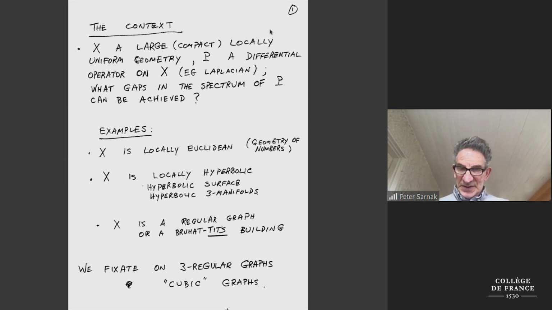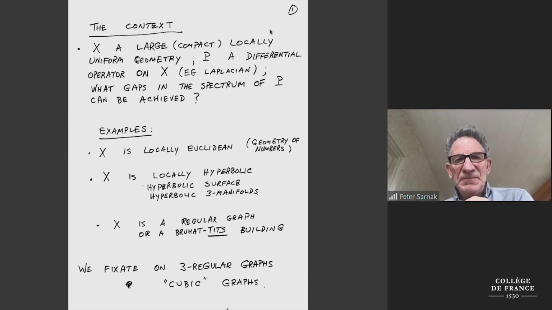So the main setting is that we have a locally uniform geometry. So locally the geometry is constant curvature, constant Riemann curvature if it were Riemannian geometry. So it fits into Cartan's classification of symmetric spaces in that case. But we're going to look at some very specific examples. I'm just giving you the context. And we have an invariant differential operator on this local geometry. So the local geometry will be a quotient of a globally uniform geometry divided by a deck group of motions, which